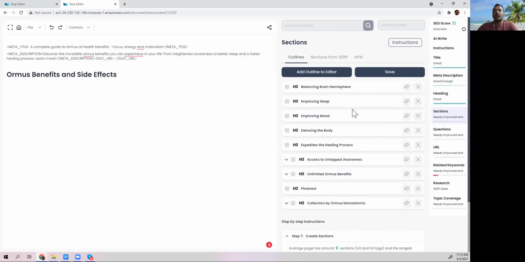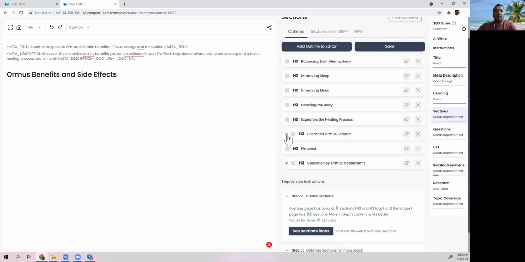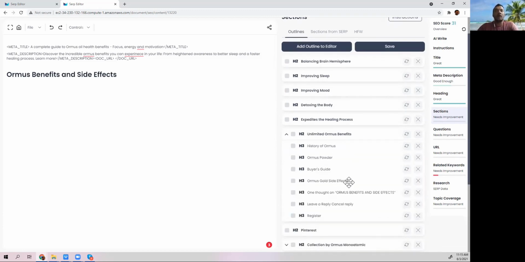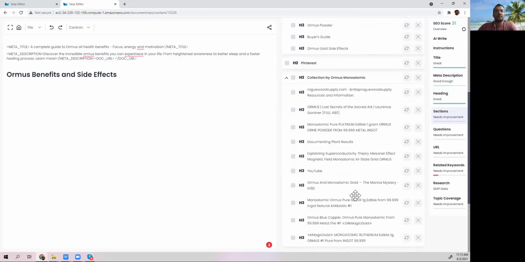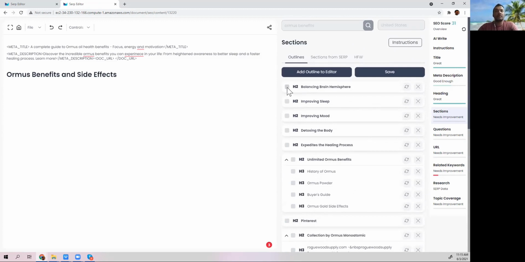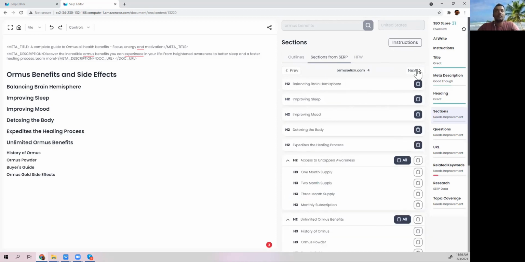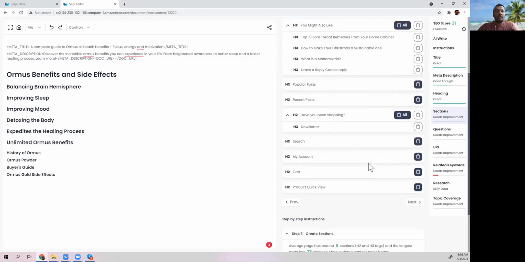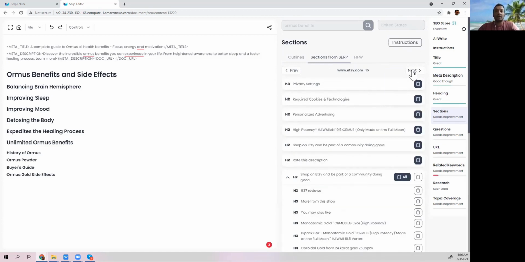And okay, all right, I see some quick wins here. So access to untapped awareness. No, we don't need this. Okay, let's see what are the benefits. A buyer's guide. All right, so this could be something that we want to talk about. Not this, not this, not this. Let's go ahead and see some of this as well. Okay, so probably not relevant to us. I'm going to find good ones if I can as well. So related products, no, no. No, improve sleep, mood, and body. So these are some of the benefits. Okay, all right, not that great. So like I said, there's not much content out there, which is good.